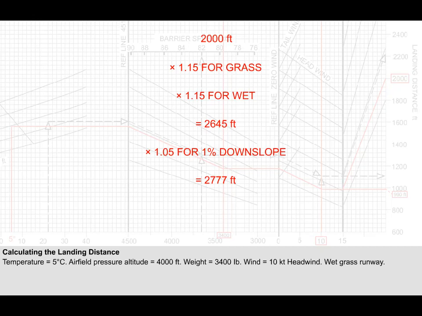2,777 feet. To comply with the regulations, you may recall that the landing distance must be within 70% of the available distance at the airfield. Therefore, multiply 2,777 feet by 1.43. This means that our landing distance available must be at least